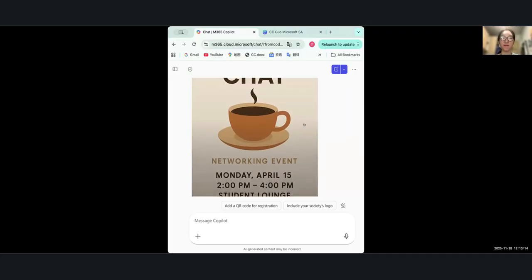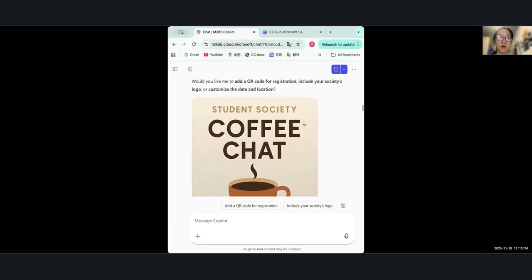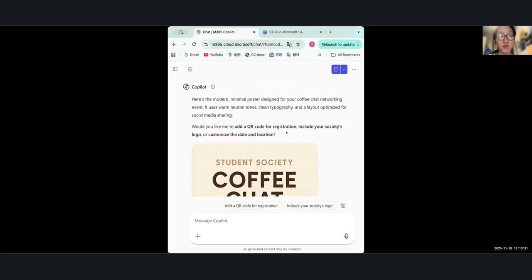So it really boosts the efficiency, because if we were going to do the poster ourselves, at least we would need 20 or 30 minutes to do it. So we can use more time to brainstorm and make the events more interesting instead of just formatting the things by ourselves. And also Copilot asks us, would you like to